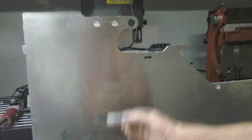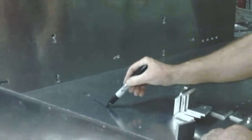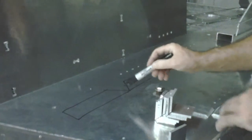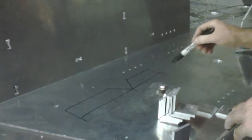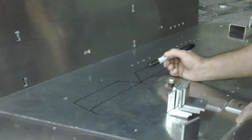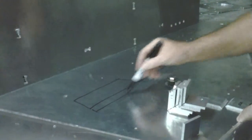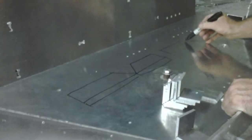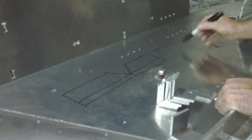Come in here close just a second. It's got to be exact in this plane and in this plane. When we fold it right here, now it throws it off a little bit. Let me show you what I mean here. If you have a piece, the V-cut here like this, and this is 2 inches to here and 2 inches to here, if the V is exactly on this line, then when it folds up, this stays 2 inches and this stays 2 inches. But if you have it like this,